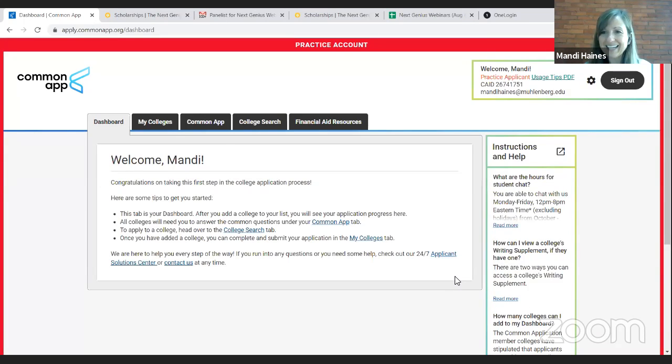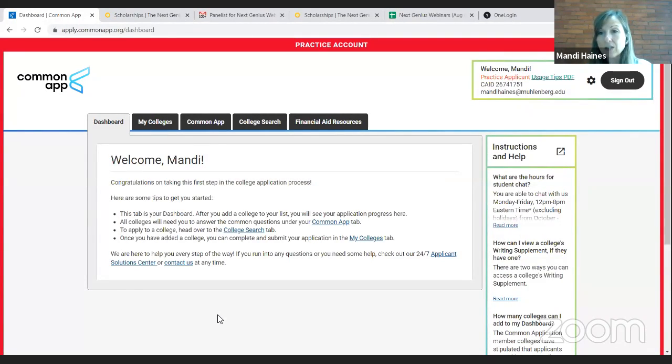Voila, simple, right? There we go. So this is your Common Application dashboard. And this, even though it doesn't look that interesting right now, is going to become an important tool for you as you are keeping track of your applications. Because what happens is, as you add schools to your Common App account, and we'll do that in just a second, your dashboard is going to help you keep track of